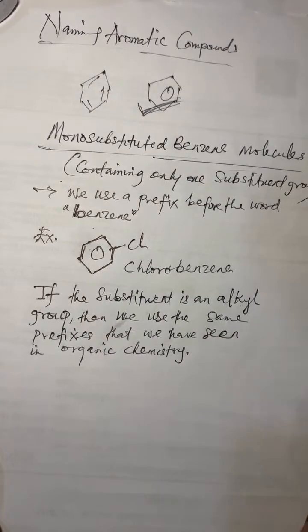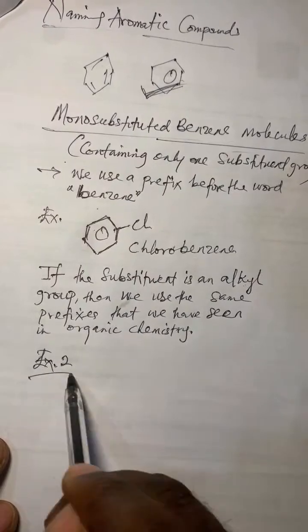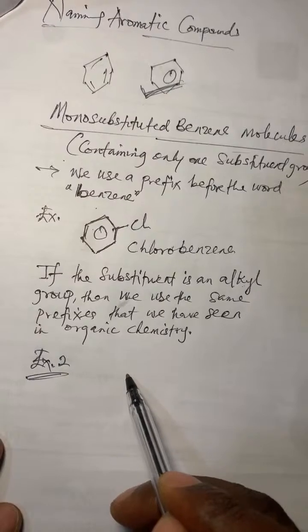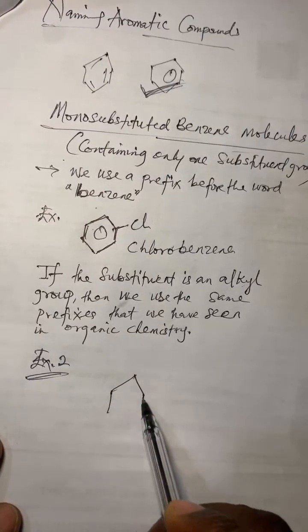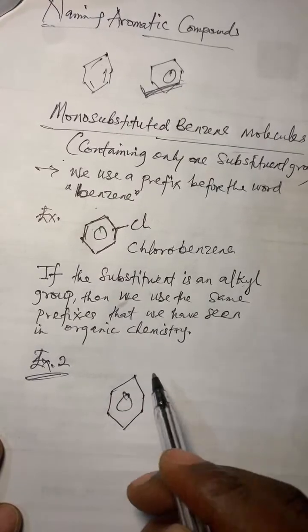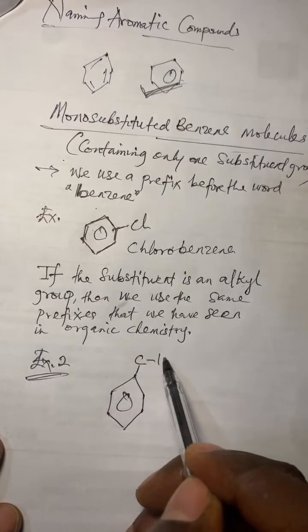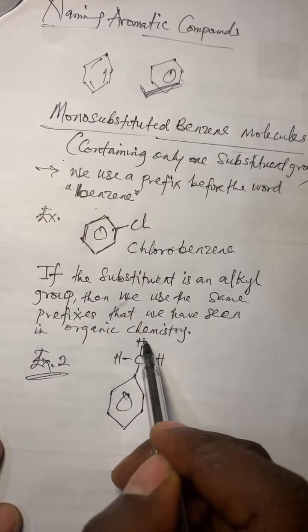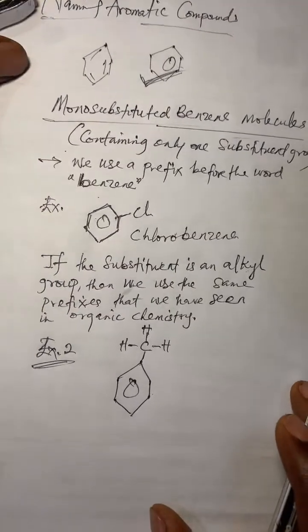Okay, so I think I need to give you an example now. Example two, because if I'm saying them and I'm not giving an example, it makes you confused. That's not what I want to achieve. I need to flow with this class. So if I have this benzene molecule and I have a carbon atom having three hydrogen atoms attached to it, what is the name of this compound? Everybody pause the video and just tell me the name quickly.